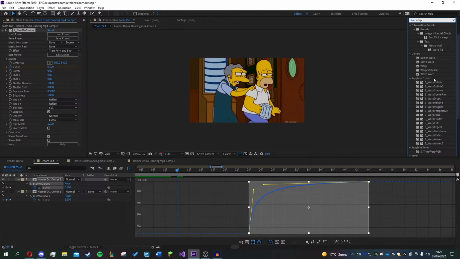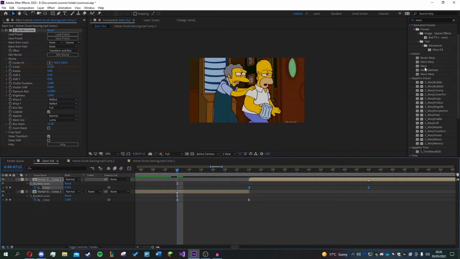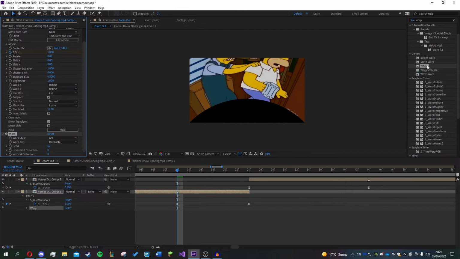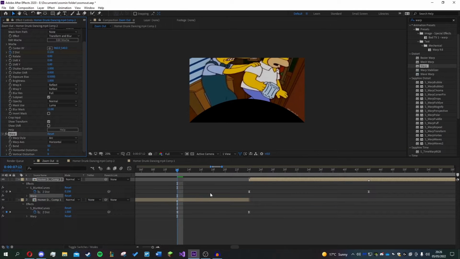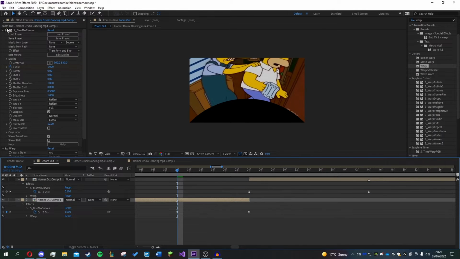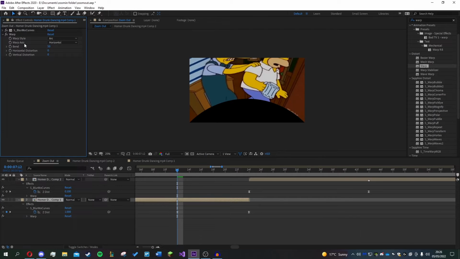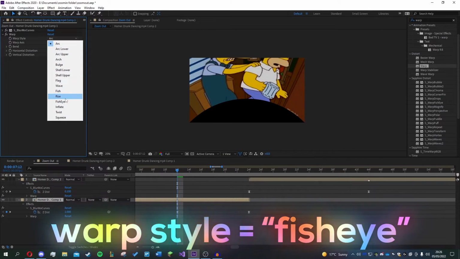warp, which is under the distort folder. If you want to close the graph, click on this little icon here. So add the warp to both clips, and it's going to make it look like this, but then what you do is on both clips set the warp style to be fisheye,